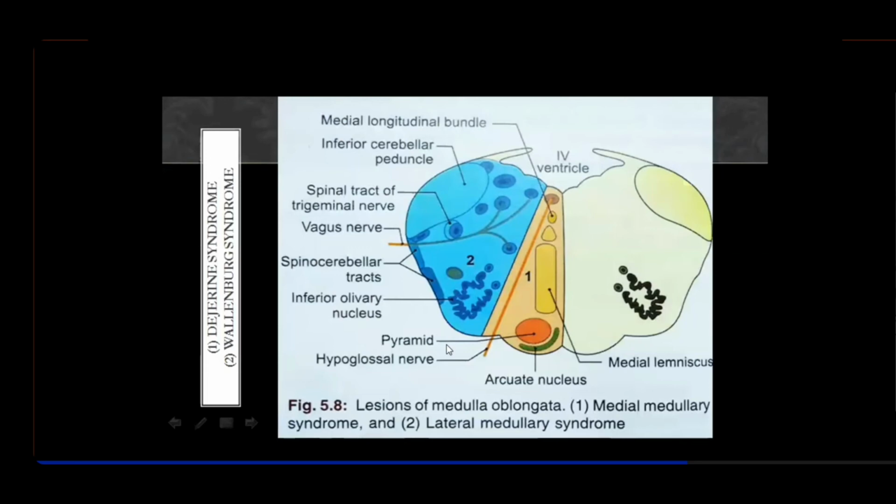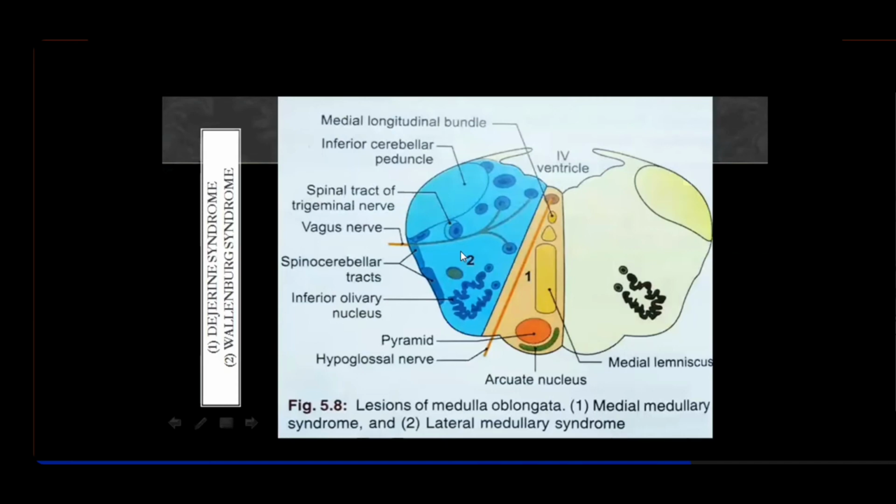midbrain. And in case of sympathetic outflow, होता है T1 to L2, right? They are the lateral horns from where the preganglionic sympathetic fibers arise. But what is reaching to the lateral horn? It is the fibers from the hypothalamus. So those fibers also will be damaged, right? So उसकी वजह से what will happen is there will be sympathetic loss also, especially to the fibers reaching to the cervical segments. And that will lead to Horner's syndrome.